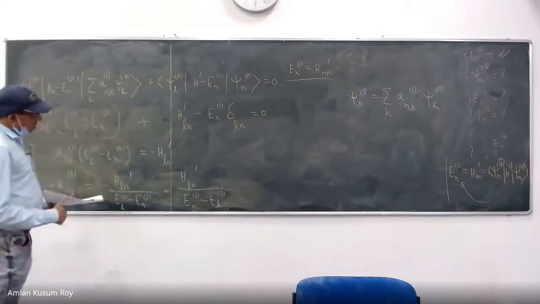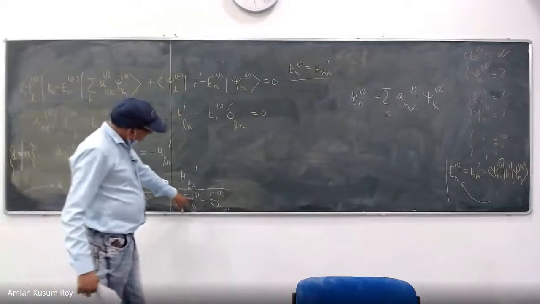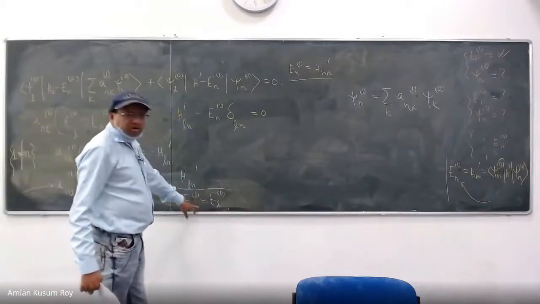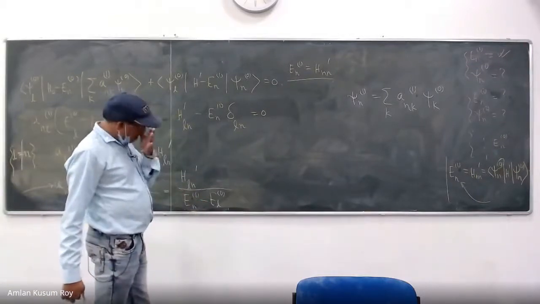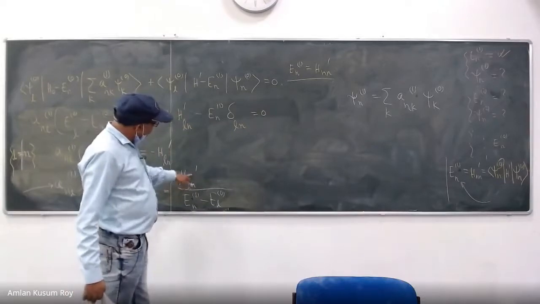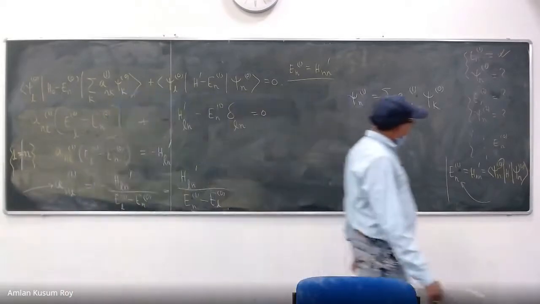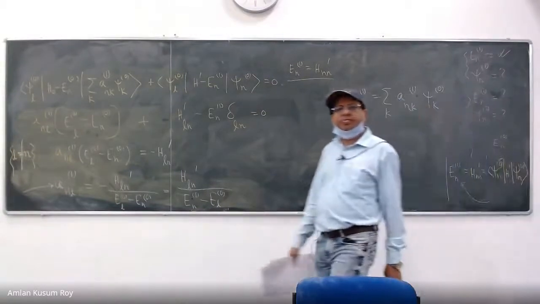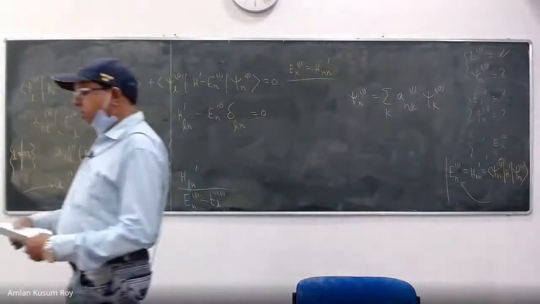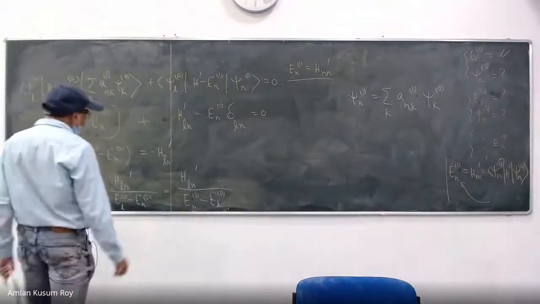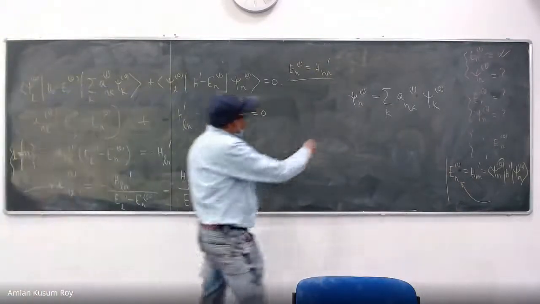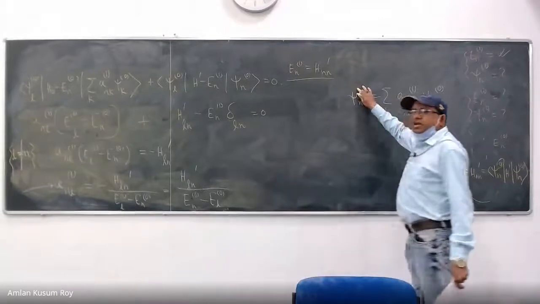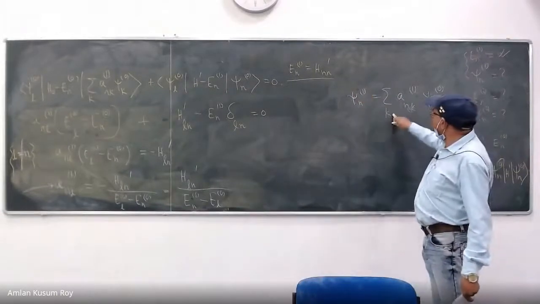You can see that this expression is friendly because it has E_n^0 minus E_l^0, which is known to you from the zeroth order equation. And H'_ln is also good for you because you can handle H' between zeroth order wave functions. So all this information is known to you. You see that? So this expression is good for me, except for the fact that in order to get the first order correction, I must take care of all the k's.